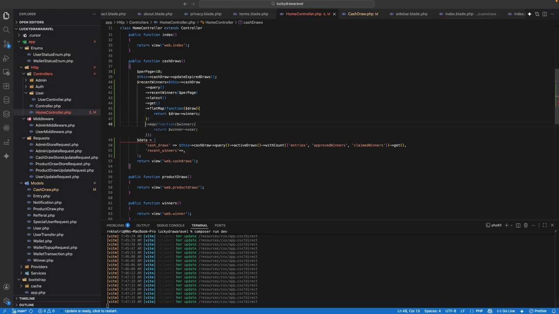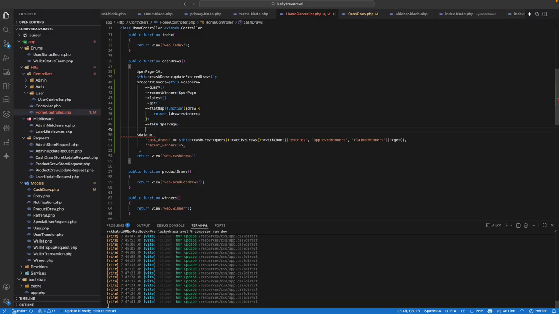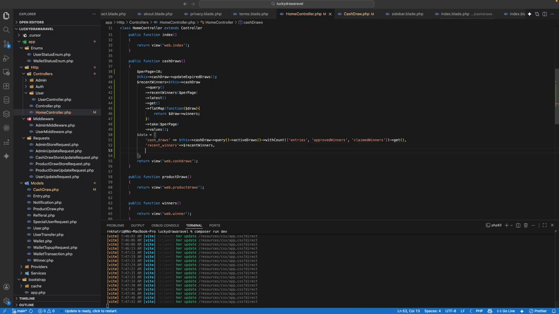Okay, from there take per page and only values. Okay, let's pass recent winner to here, and another needed here, pass to this data. Okay,